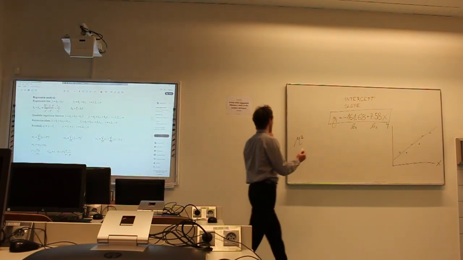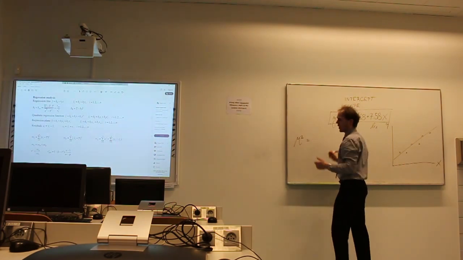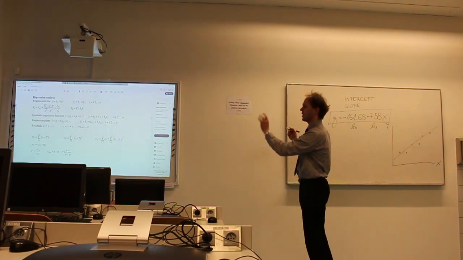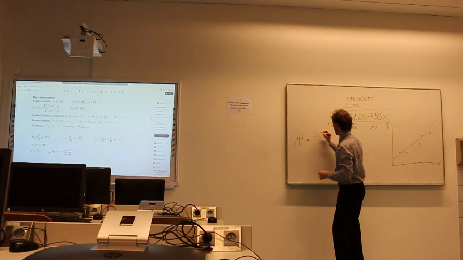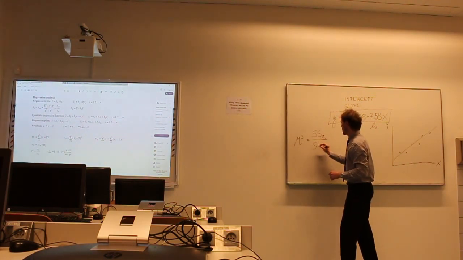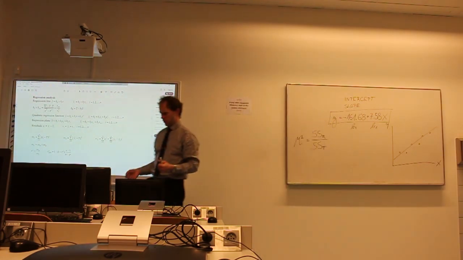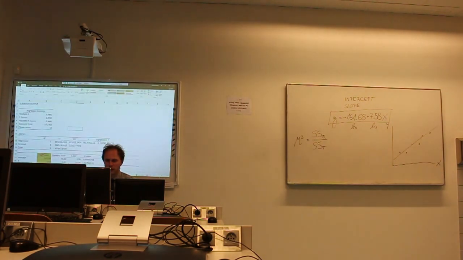R squared, according to Mr. Hellman, has in the numerator the sum of squares regression and in the denominator the sum of squares total. So sum of squares regression divided by sum of squares total. Okay, in our output from Microsoft Excel,